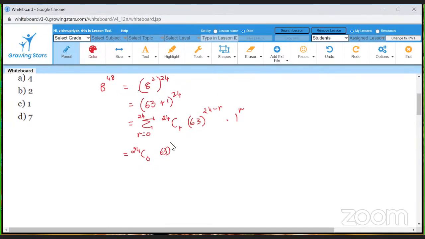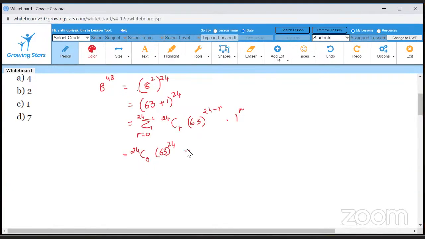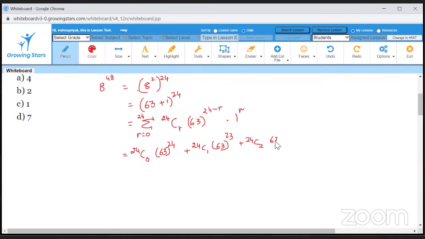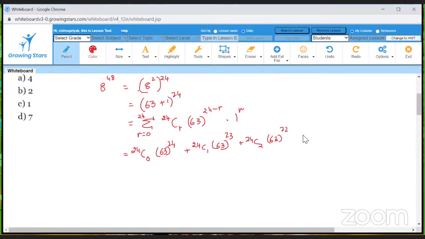63 power 24, 1 power 0. 1 power, whatever it will be, you can remove it. Always 1 power will be 1 only. 24C1, 63 power 23. 24C2, 63 power 22. Like that, it will go until